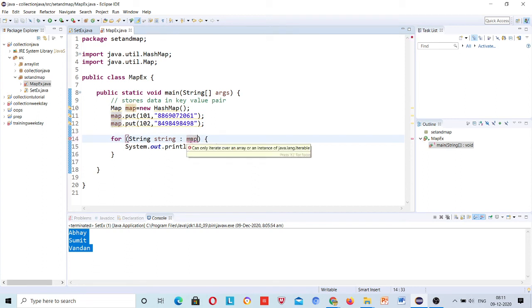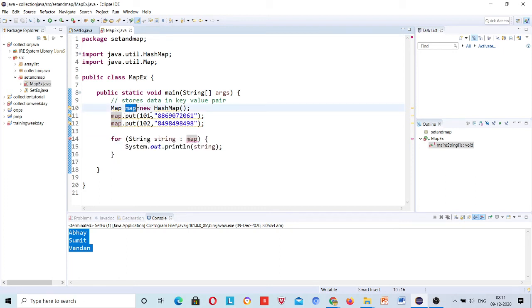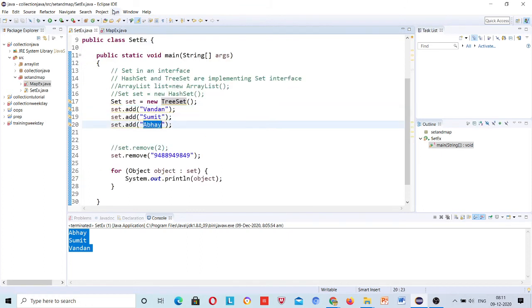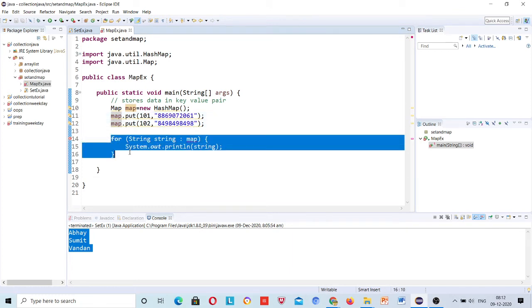See the error: cannot iterate over the instance of the java.lang.Iterable. What does it mean? It is not understanding this, because this is in key value pair. Previously we were adding single values here. Here it has two values, so we need to convert it into set first. Just comment these lines.